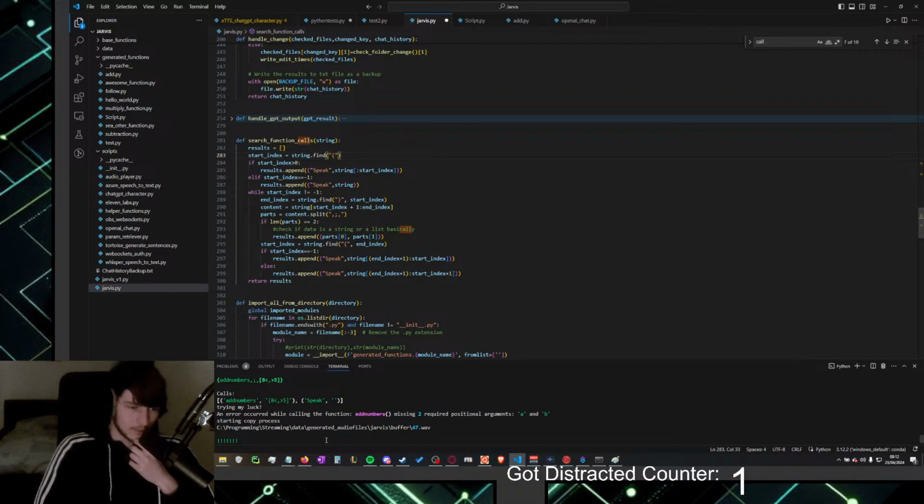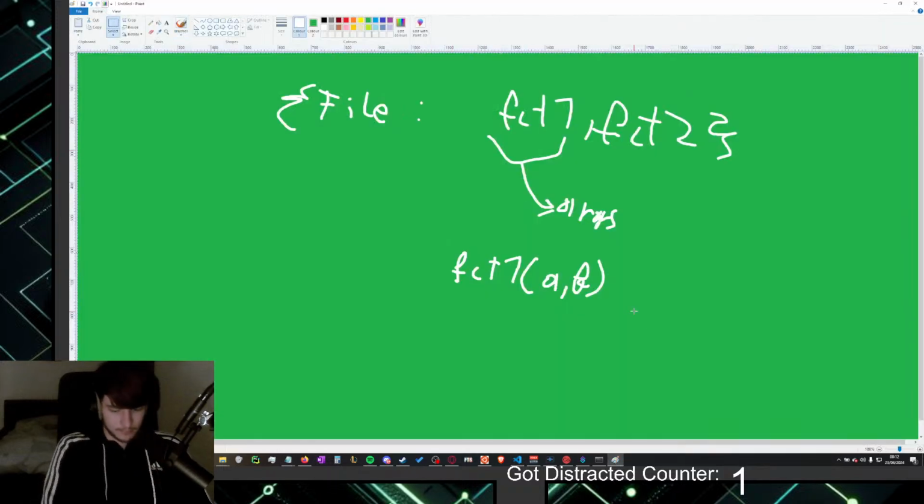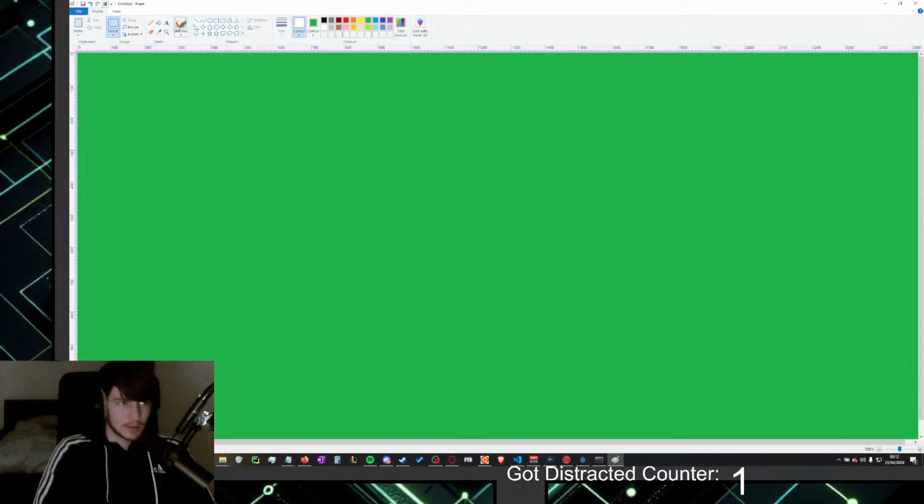How do I do that though? So the current thing. Wait, let's do a bit of rubber duck debugging, or Twitch chat debugging as I call it. The current way it does this is it checks for the bracket, then the function call.